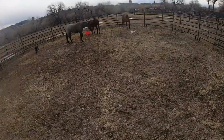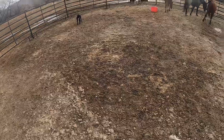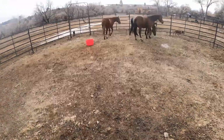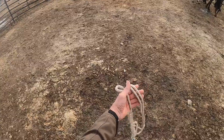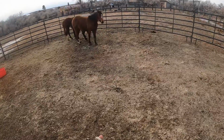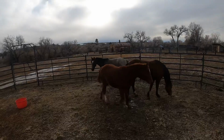So I'll just lay my rope down, get my halter ready. Again, these puppies, I hate dogs. Now I'll work on dogs, but when you go to catch a horse, you should always be prepared. Have your halter ready, and I like to lay it over my arm like this and have it set like this. So put it through my fingers and just like that. So when I do get a chance,